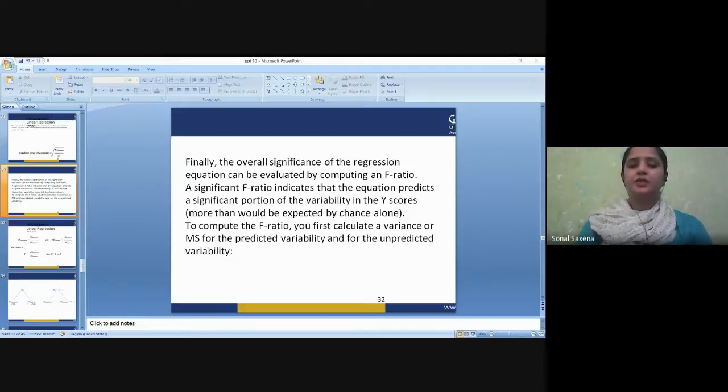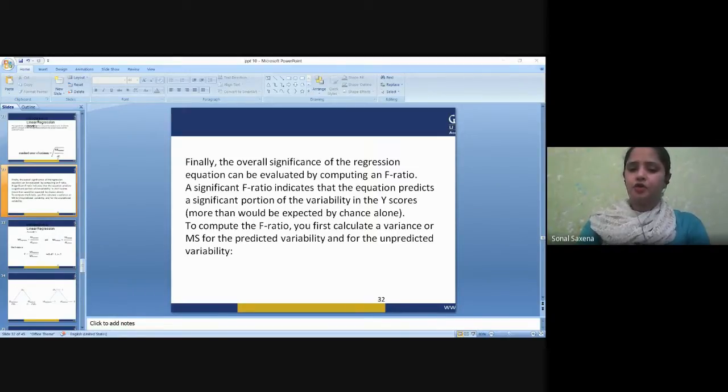Now, if the goal is to explain variation in the response variable that can be attributed to variation in the explanatory variables, linear regression analysis can be applied to quantify the strength of the relationship between the response and the explanatory variables, and in particular to determine whether some explanatory variables may have no linear relationship with the response at all, or to identify which subsets of explanatory variables may contain redundant information about the response. Linear regression models are often fitted using the least squares approach.